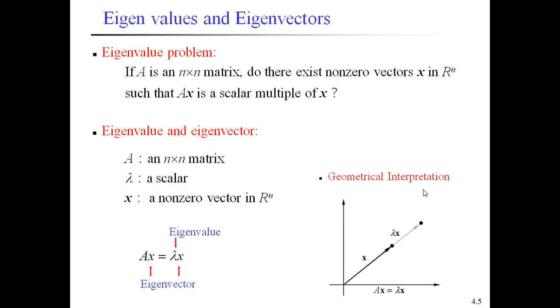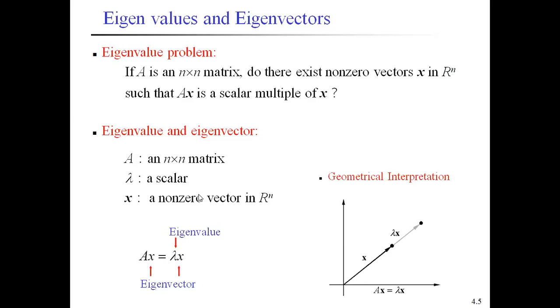This is the geometrical interpretation of the eigenvalue and eigenvector, already explained in the previous slide. Again you can see here, this is the vector x. From this point to this one, that is lambda x. Therefore, this is Ax equal to lambda x. This is the representation of the eigenvalue equation and eigenvector equation, and it can be represented in the form of a geometrical interpretation. This is the way to represent the characteristic equation Ax equal to lambda x.